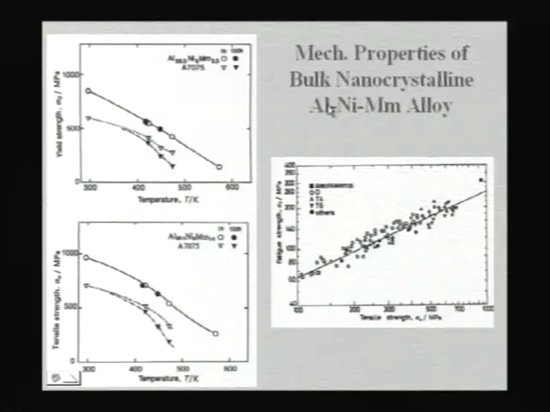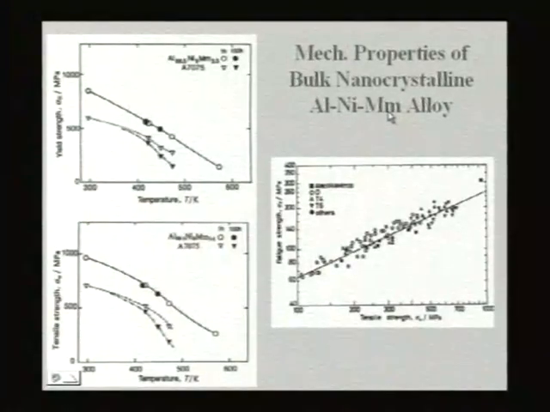This is one such example of aluminum nickel mish metal type of alloys. Mish metal, have you heard of what is a mish metal? Mish metal is basically an alloy consisting of rare earths. For example, if you have an alloy of lanthanum, samarium and cerium, alloy of all these, because whenever you are trying to